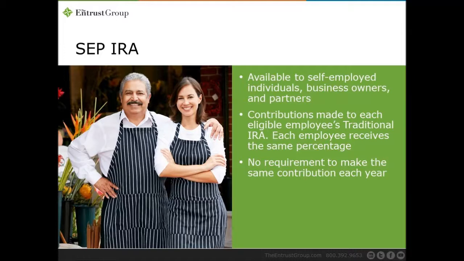Now, we're going to take a look at what the maximum contribution amounts are for SEP plans in a second. Once the employer decides how much they're going to contribute or share for that particular year, it has to hit a tax-deferred account. That tax-deferred account chosen by Congress is what we call the traditional IRA. The traditional IRA is an IRA for individuals. That's where the I comes from in an IRA. It's an individual retirement arrangement. The employer gets the tax deduction. The contribution goes to the employee's traditional IRA,